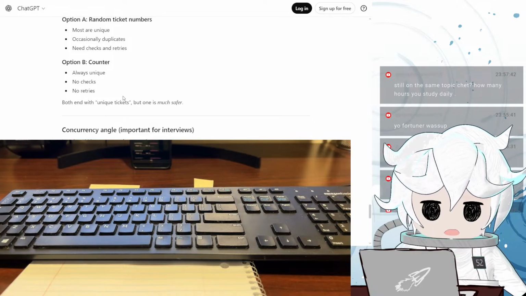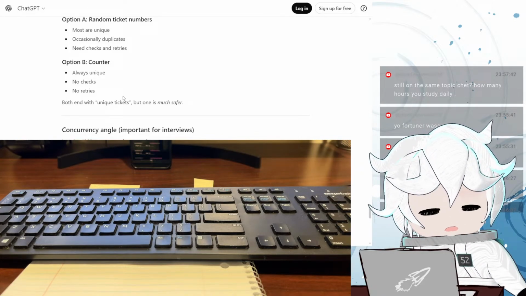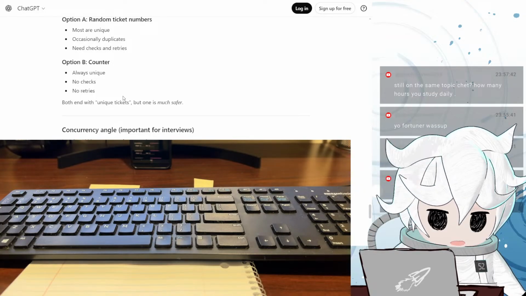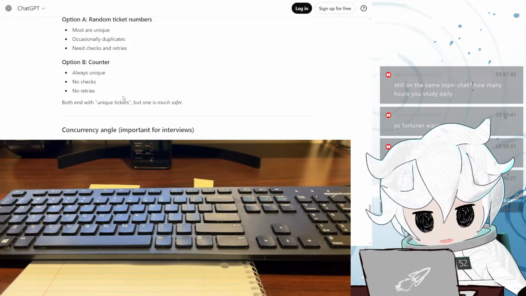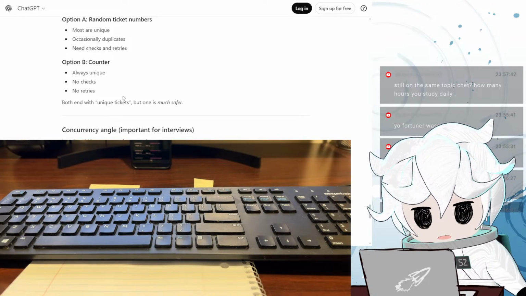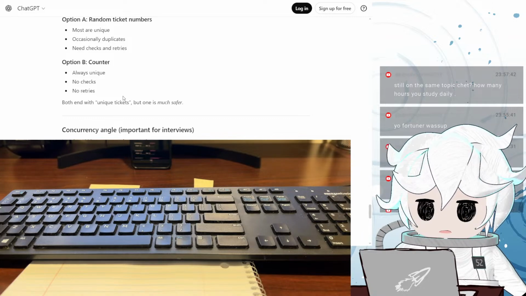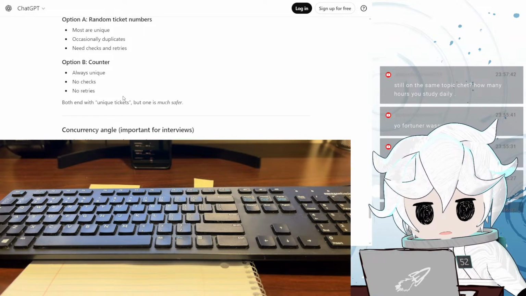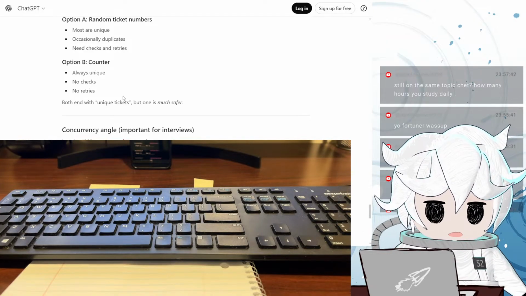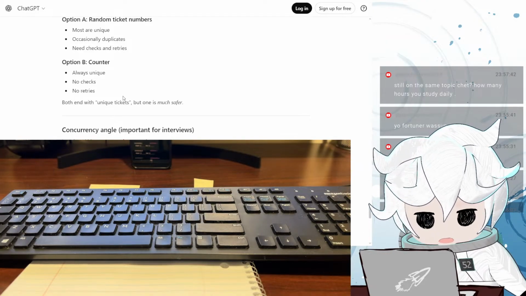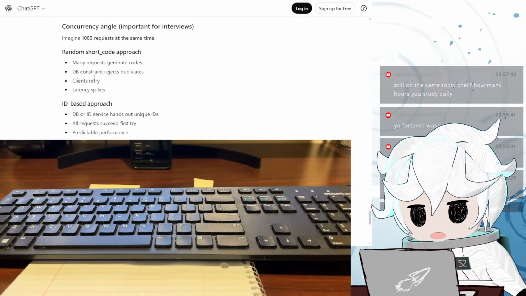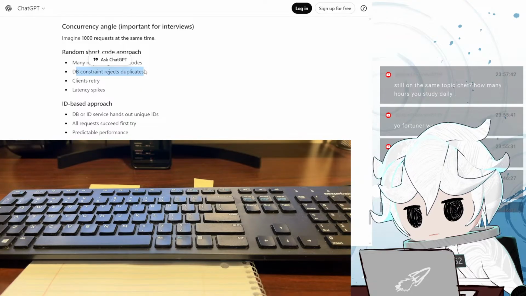I guess it's guaranteed to be unique if you're inserting it into the table. Okay, I guess in the off chance that your short URLs are not unique, like God forbid that happens, it ensures that you don't have some sort of error when trying to insert it into the database. Yeah, database constraint rejects duplicates.